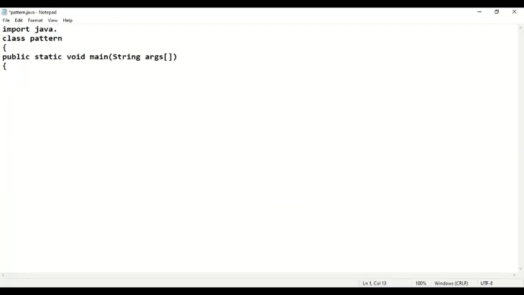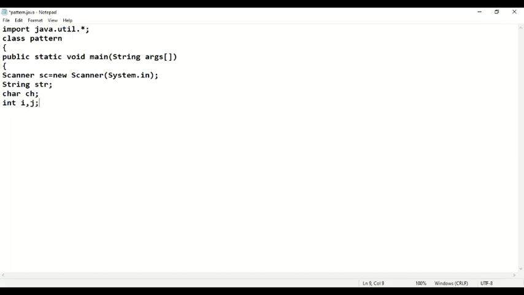Java.util. Okay, then Scanner sc equals new Scanner(System.in). Then String str, char ch.